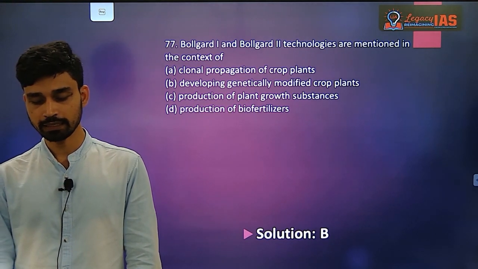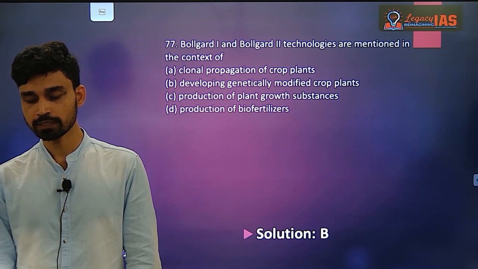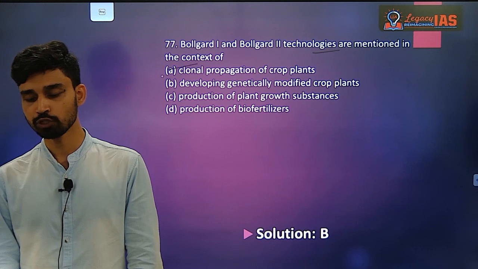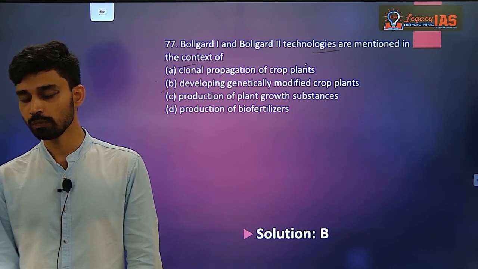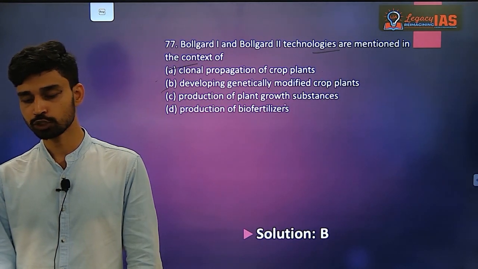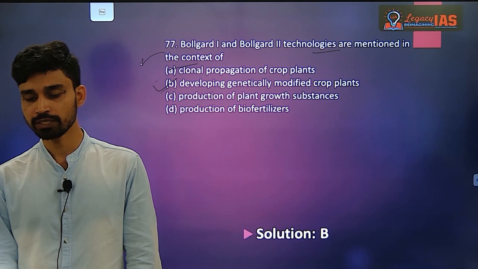77, again this is a current affairs based question. Question has asked regarding Bollgard. Now, if we try to understand, question is Bollgard 1 and 2 technologies are mentioned in the context of which of the following. So, first is clonal propagation of crop plants, developing genetically modified crop plants, production of plant growth substances and production of biofertilizer. So, Bollgard is actually a genetically